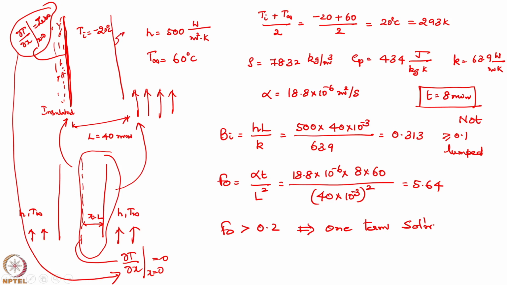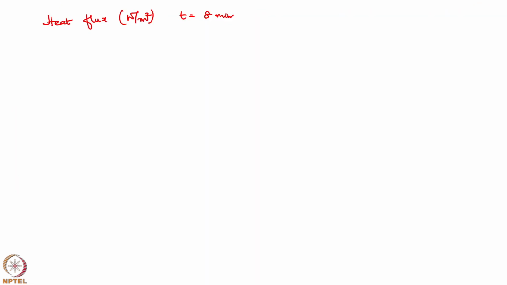That is given by Newton's law of cooling. So I can write Qx double dash at x equal to L, 480 seconds, that is 8 into 60, 480 seconds, is equal to QL double dash, which is equal to h into T of L comma 480 seconds